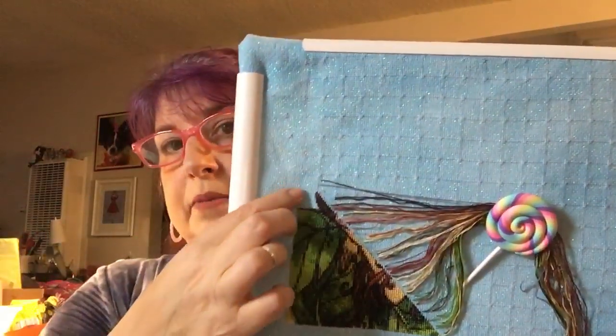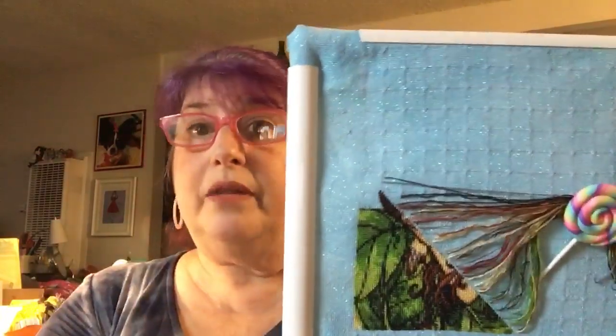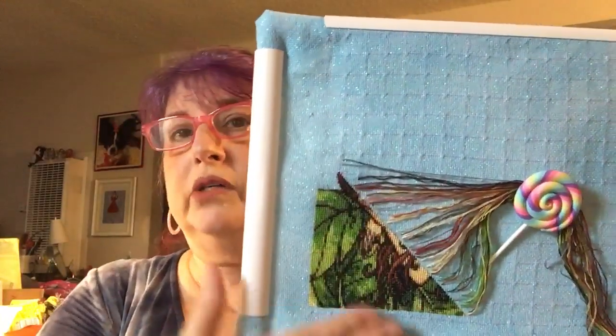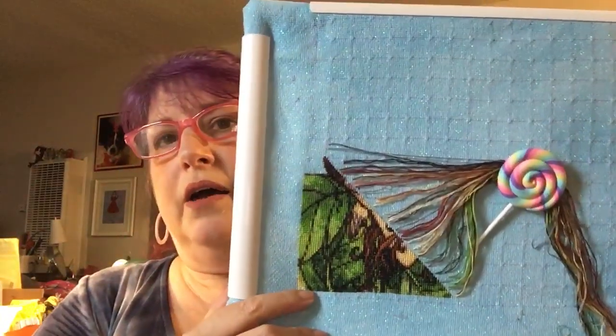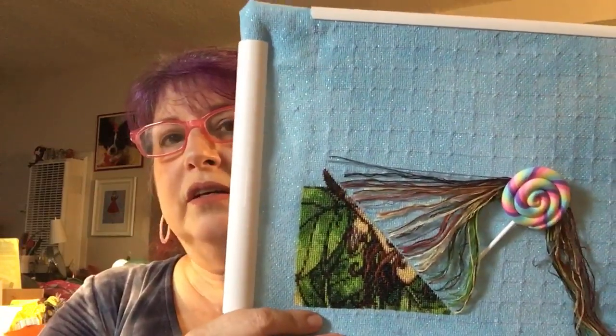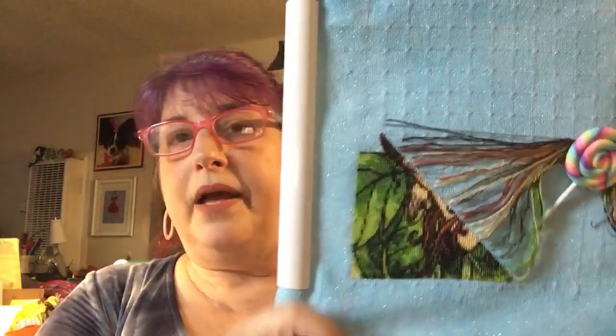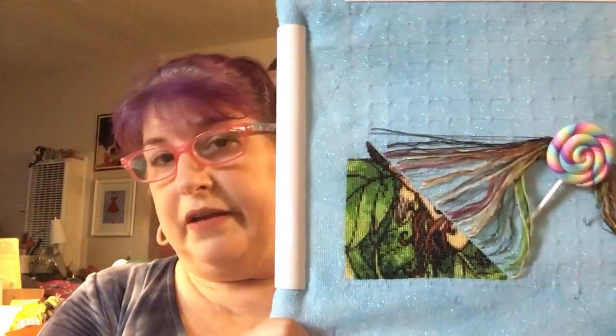The reason that I'm working up is because I'm not stitching the background on this, and so I wanted to come up to the background instead of trying to figure out where to start. The difference in doing them is where you park. So I think I might at some point do another video, if anybody's interested, on how I do my diagonal stitching and my parking, which is not unique. It's just the way I do it. Just probably a combination of several people's methods. So the way that I kitted up